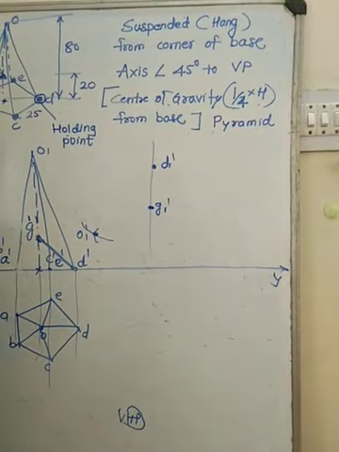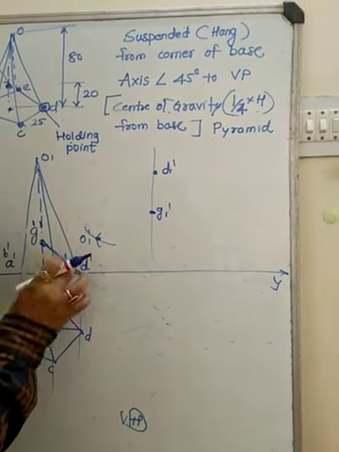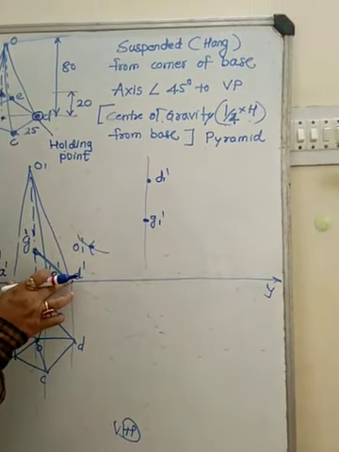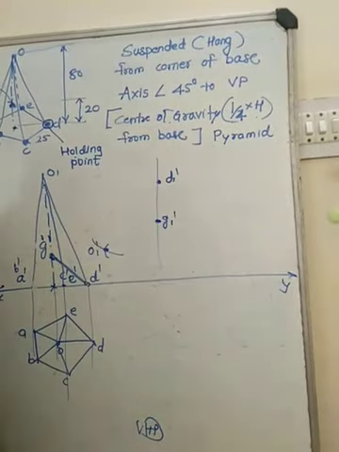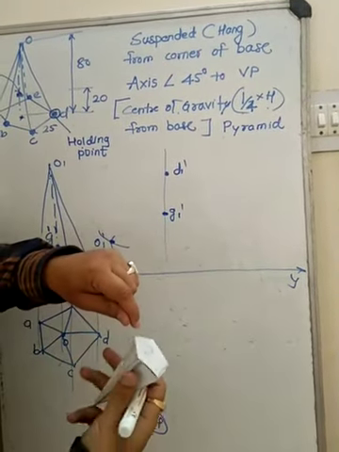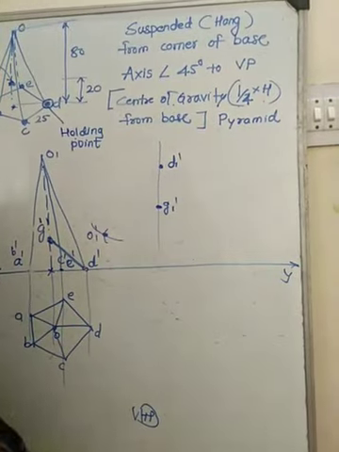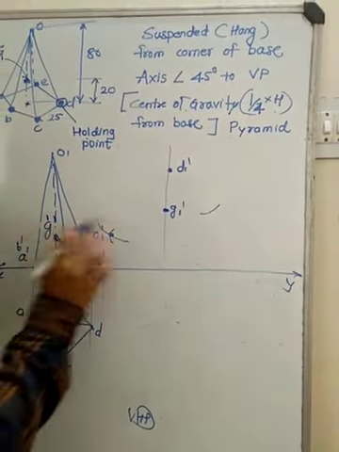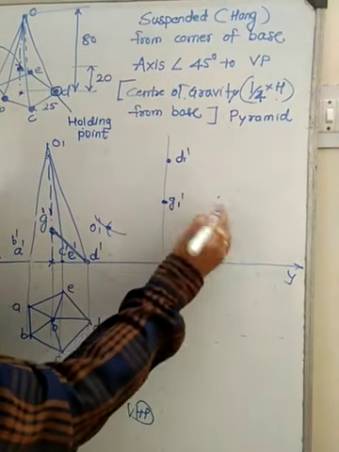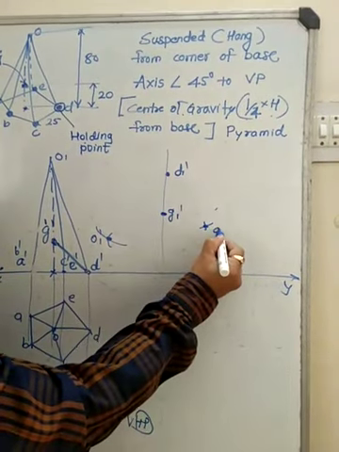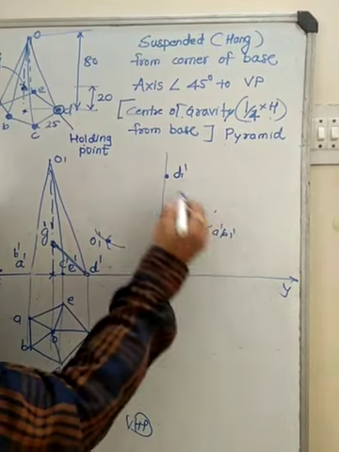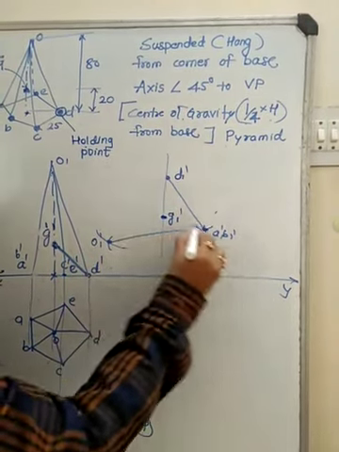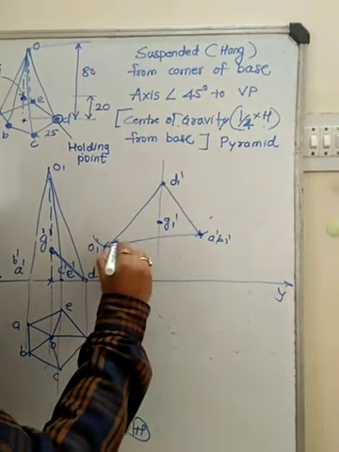Now mark the remaining points. Take D2 AB distance. Now D2 AB distance means this should be like that. So here it will come D2 AB distance, mark over here. Now O2 AB distance, mark over here. So you will get here the A1 dash, B1 dash. So this is the position of the solid,